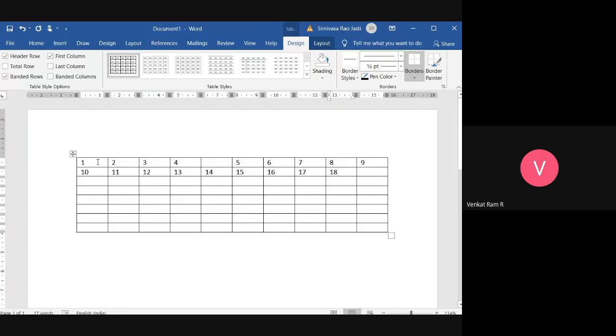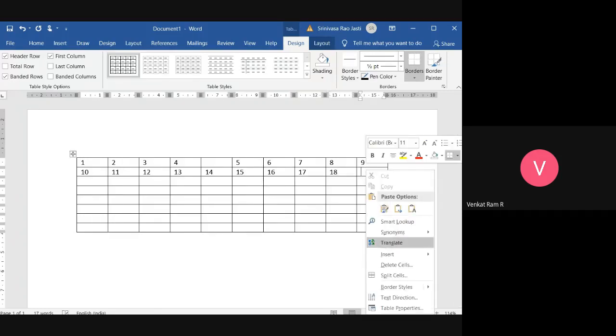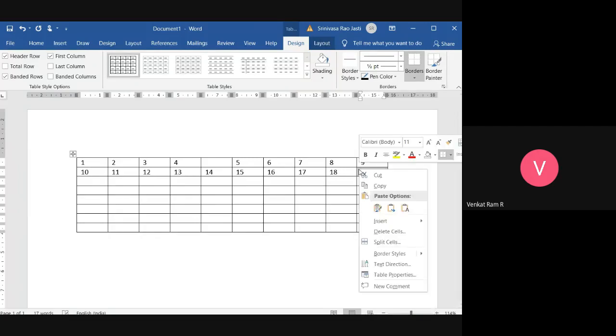Suppose I want a row or a column in between. What I can do is right click on the mouse and go to Insert. See here, insert rows above, insert rows below. Wherever you have placed the cursor, if you want a row above the cursor, it will be inserted.